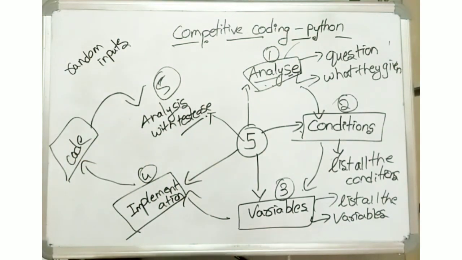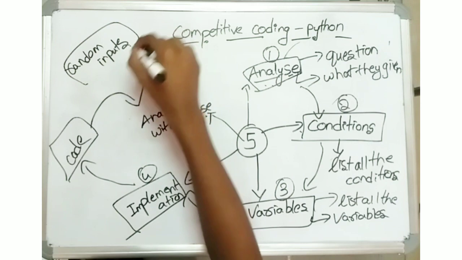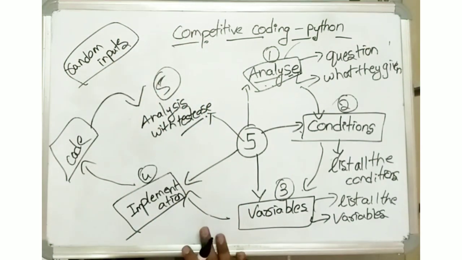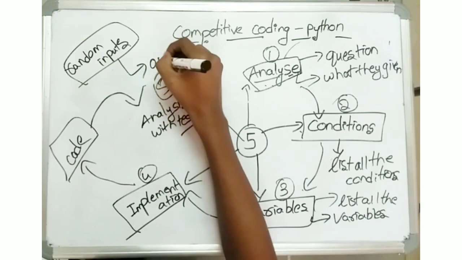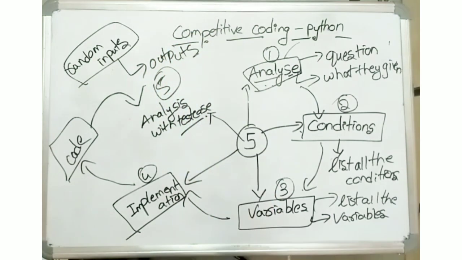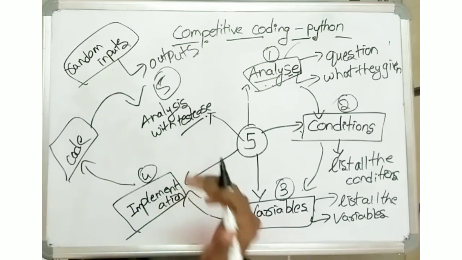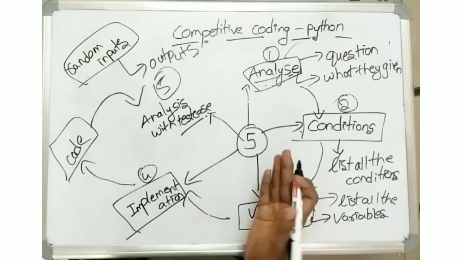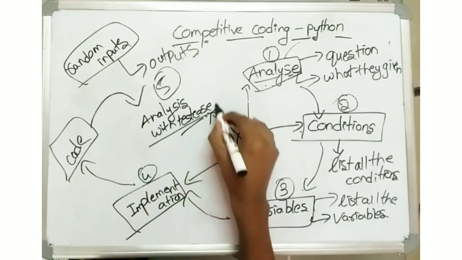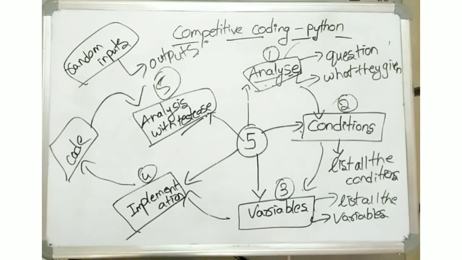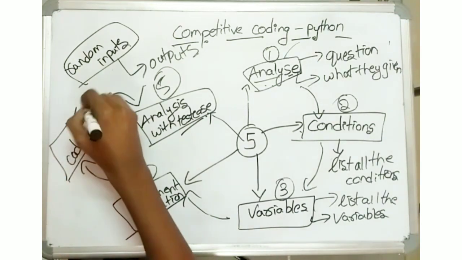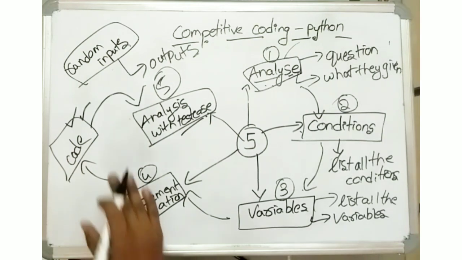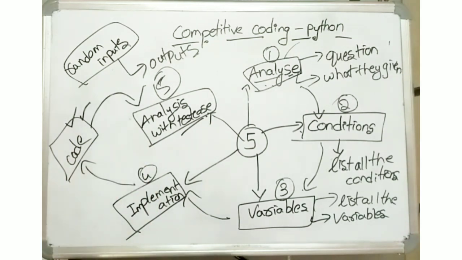We need to give some random inputs. From these random inputs we are going to get outputs. We need to interpret each and every line of the code as it runs, what happens next, and what happens after that. We need to analyze each and every part. If all the random test cases pass, our code is 100% correct for now. Then we will go for interpretation and so on,